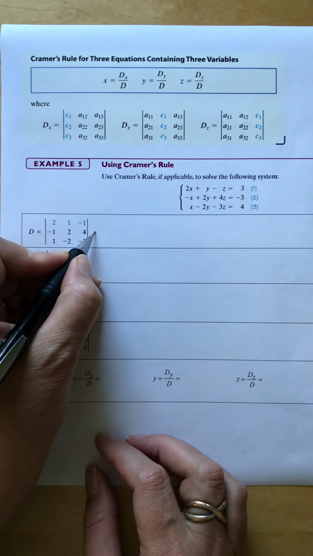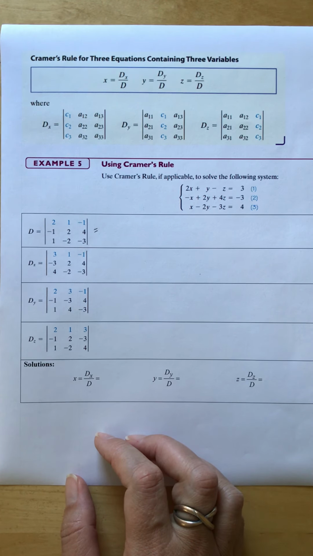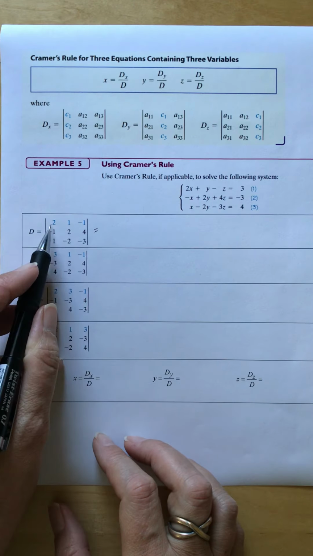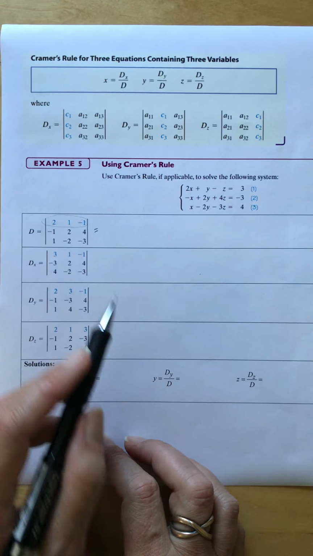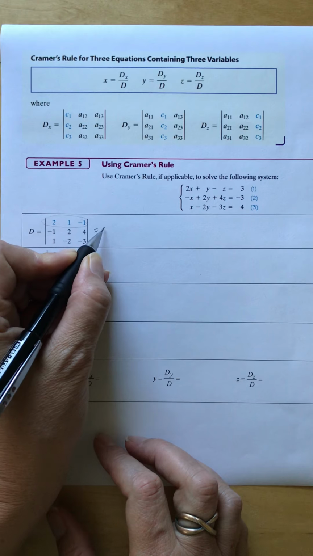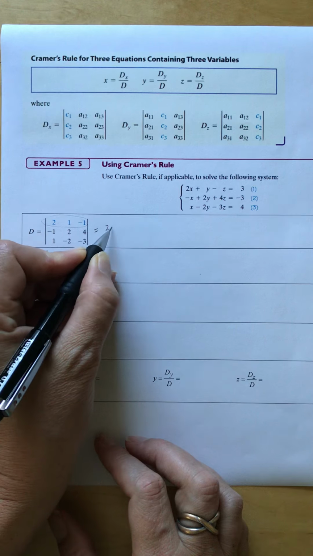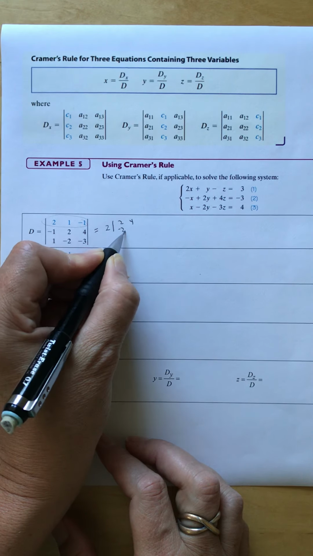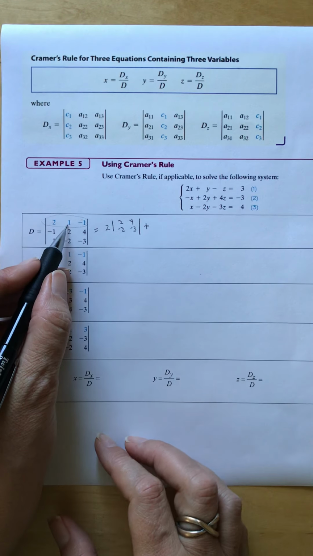Let's go ahead and do one of them, and then I'll just give us the answers to some of them, or we could check it on the calculator, but if we're going to do it on a calculator, then we could just do reduced row echelon form. But anyway, if we find the determinant of these coefficients, we may as well just use this row. This would be -1 raised to the 1 plus 1, so it won't change sign. So it'll just be 2 times this determinant, 2, 4, -2, -3, plus 1